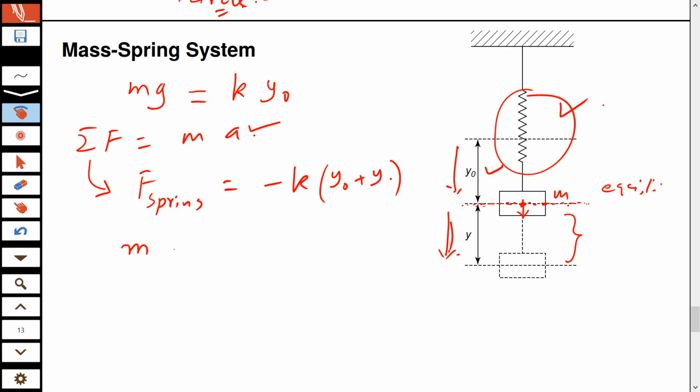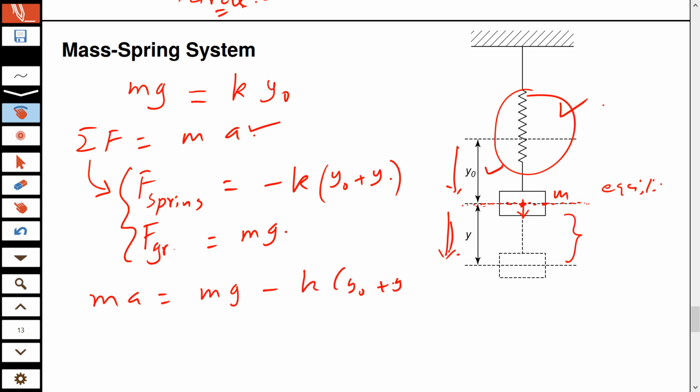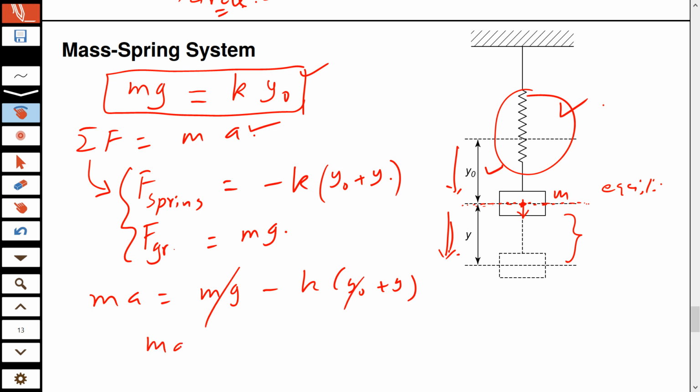तो यहाँ पे दूसरा फोर्स भी है ना, mg भी है, सॉरी, जो F ग्रेविटी है वो है m times g. So you add these two, okay? So m times a will be equal to mg minus k times y naught plus y, ठीक है? Now remember mg must equal k y naught, तो ये फोर्स इसके साथ कैंसिल हो जाएगा. So basically you get ma equals minus ky,